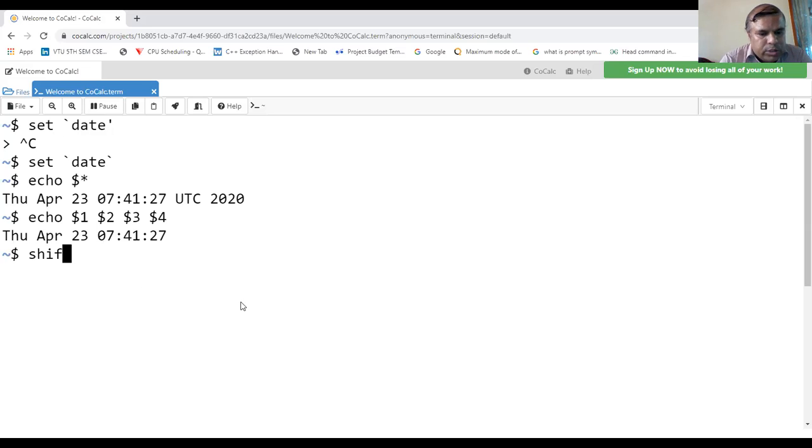Now I want to shift these arguments to the left by one place, so execute the shift statement. Then after executing the shift statement, verify the value of the individual parameters. Now $1 is equal to $2. You see here April.